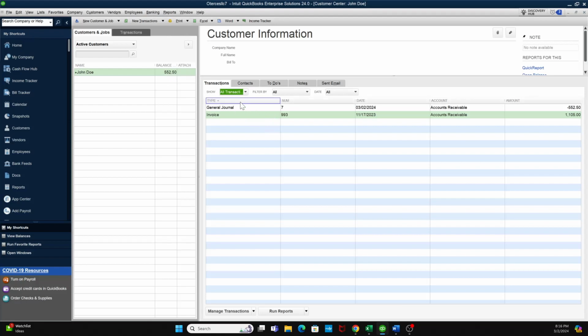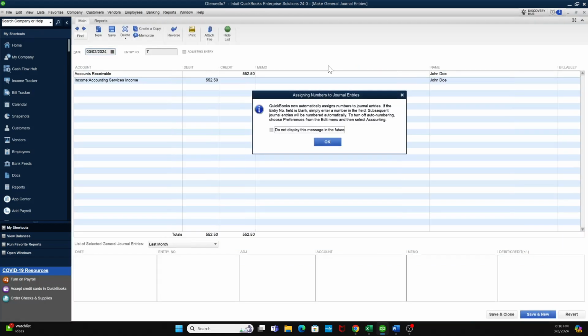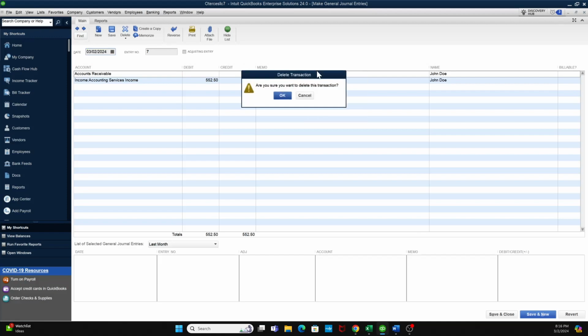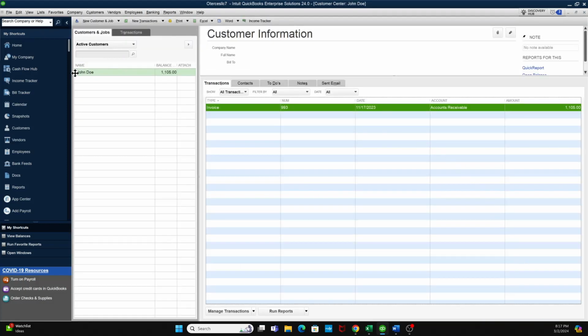$552.50. So now we're going to get rid of this journal entry, and we're going to look at how a credit memo impacts the actual invoice and how it will impact the account. So I double clicked on the journal entry. I'm going to right click. I'm going to delete the general journal. And I don't necessarily recommend we delete journal entries just willy-nilly, but in this case, it's okay to do so. Click Save and Close. And so now we see everything has gone back to our initial balance,